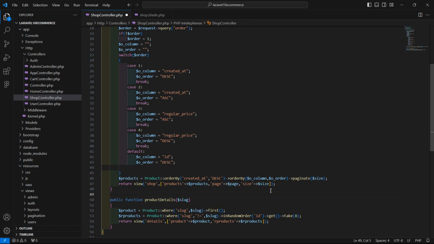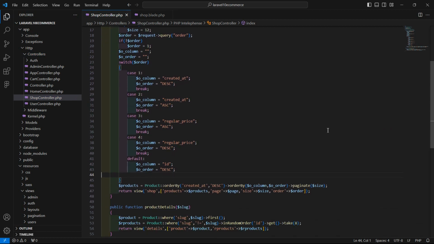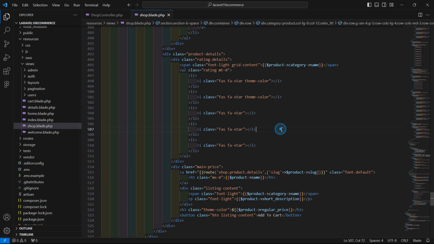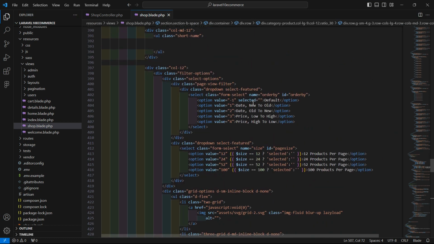Alright, now just return this order to the view file. So right here comma, single quote order arrow $order. Okay, now save this controller and now go to the shop.blade.php file, and inside this file let's find the drop down. Okay, this one, and inside this order by drop down just remove this one